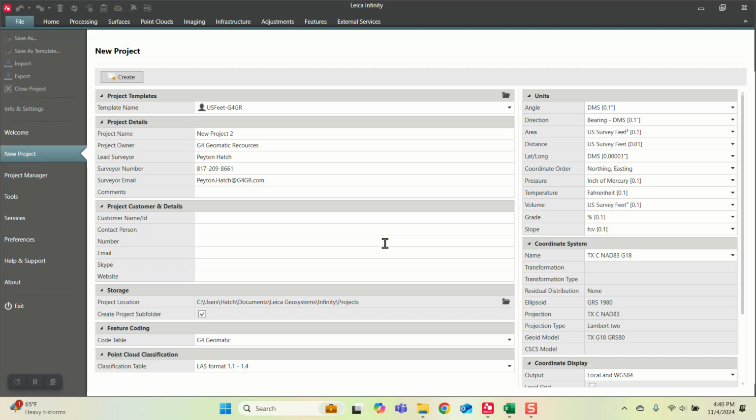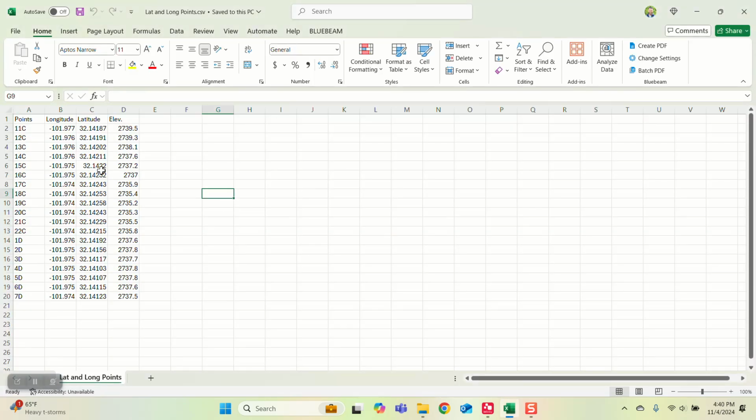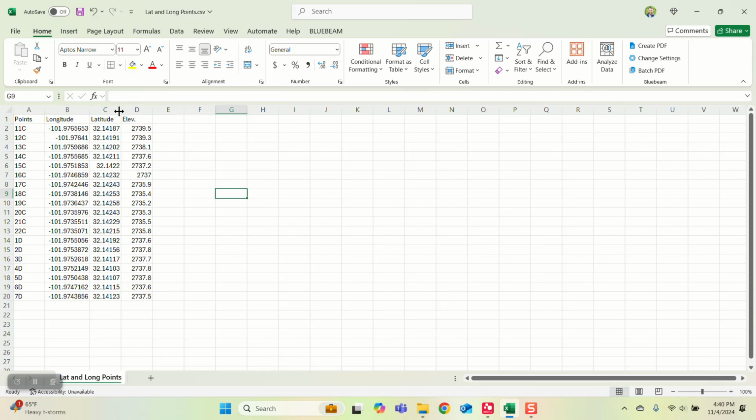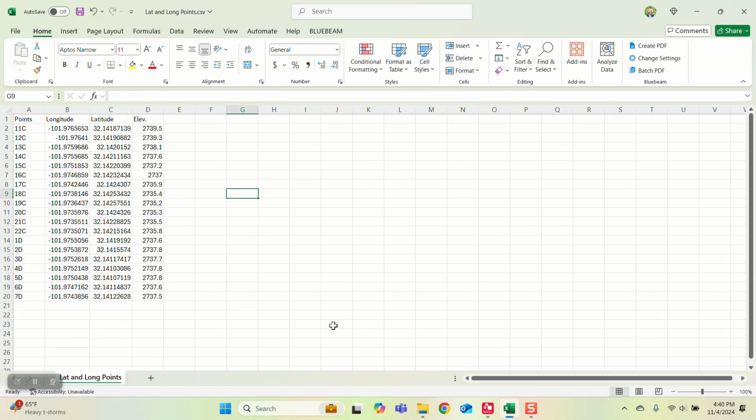This is Peyton Hatch. This video is going to be showing you how to take latitude and longitudes in a CSV file, import them into Infinity, and apply a coordinate system, and just make sure they're in the correct place. So you can get latitude and longitude files from various places, whether it comes from GIS, Google Earth, Google Maps, whatever it is, and maybe you want to then go get these coordinates and put them into your Leica Captivate